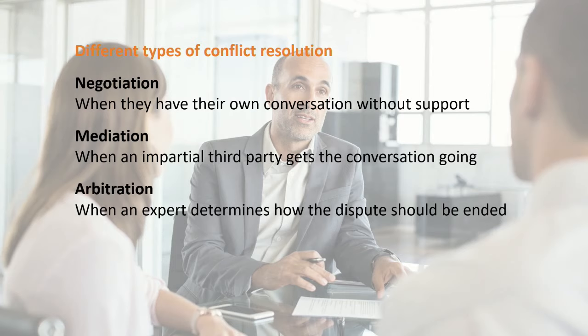But what we're not doing is arbitrating. So this is the process that I alluded to a minute ago. This is where somebody who has some expertise in the area of the dispute gets involved and determines how the dispute should be ended. So arbitration, or soft arbitration I would call it. This is a process that's quite familiar in universities, which is where you would go to a manager or somebody in HR or somebody in the registry, and that person would listen to the two sides of the argument and would then propose how the dispute should be ended. It's perfectly valid, I'm not knocking it.